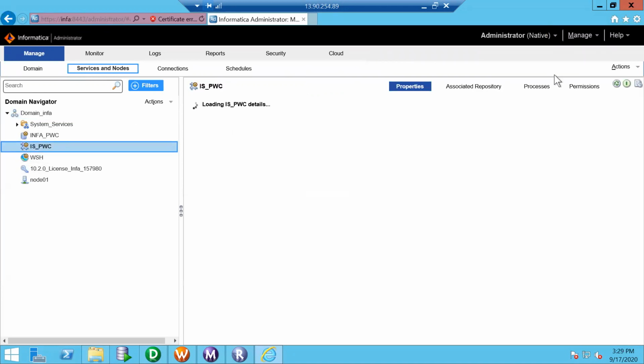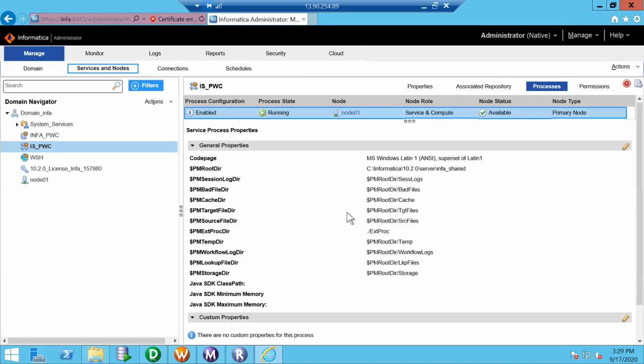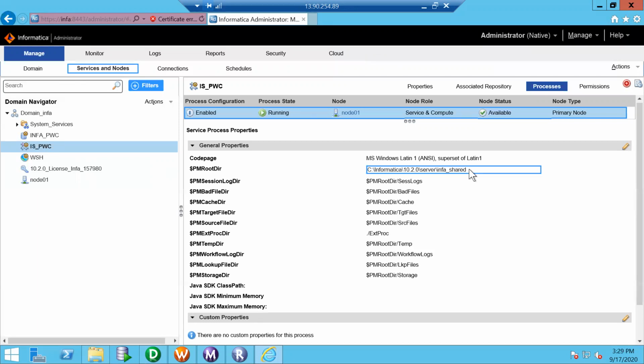Under integration service, here is the place where the predefined path is. PM root is nothing but infa shared. Under infa shared, it goes to the source directory. So these are configurable things.